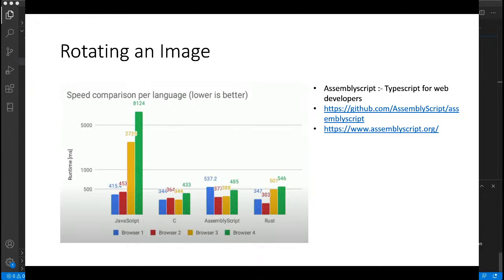So this AssemblyScript is a language that combines both. Writing AssemblyScript is nearly close to writing JavaScript, but certainly it contains a few elements from high level languages, like defining the size of a particular integer and the size of different elements that we need in the high level languages.